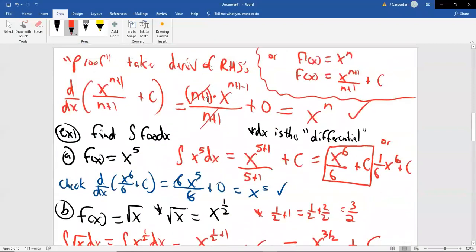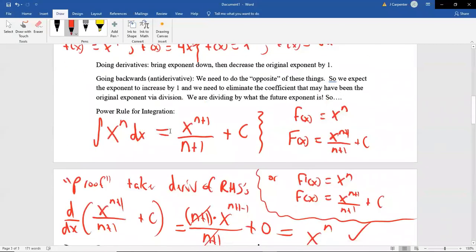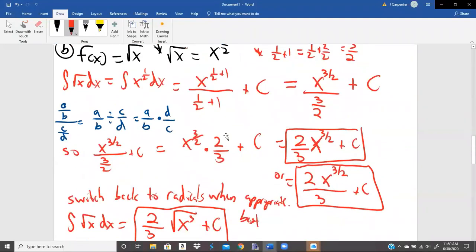So I'm going to go back to the power rule. You all need to go back to your notes and adjust the power rule. And you need to make a note that the original n cannot be negative 1, because when you add 1 to it, you get 0, and then you're dividing by 0, and kaboom, the world blows up. Bad things happen. That doesn't say that there's no antiderivative for this.